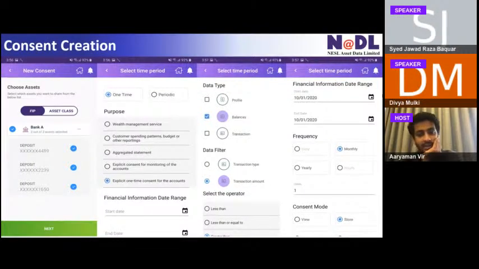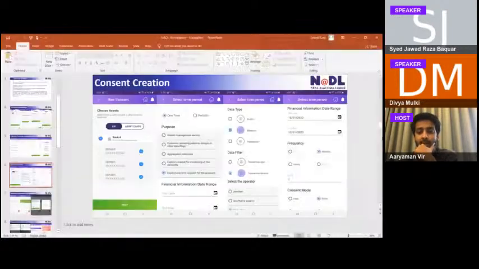Divya, can you try speaking? You can see the screen, right? Jawad is sharing. No, I'm not able to see the screen which Jawad is sharing. Maybe just try refreshing, because I think everybody can see the screen right now.